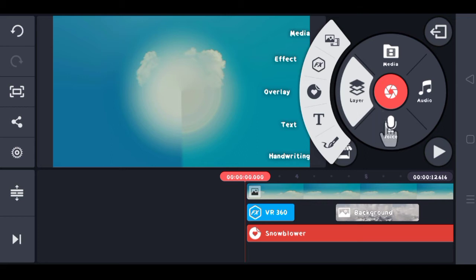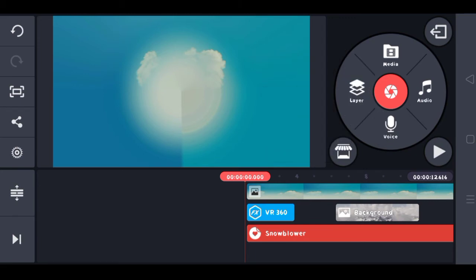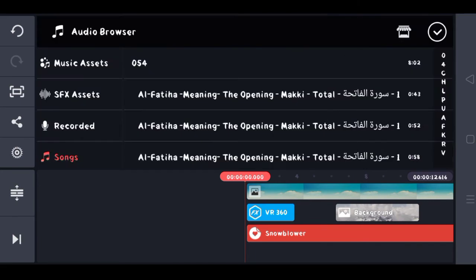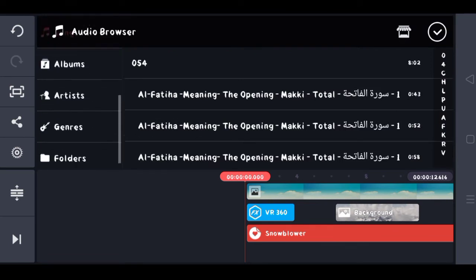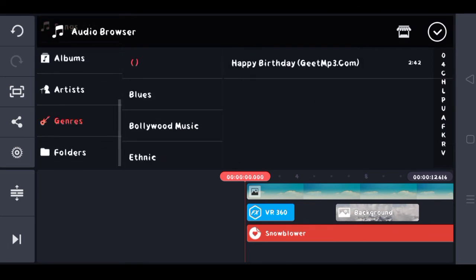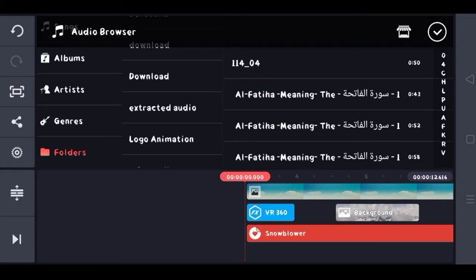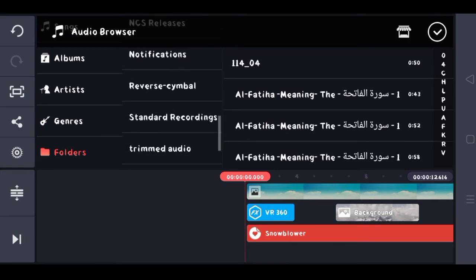Here you can put your voice at any part of the video. Now by clicking on the audio button, here we can add different audios of your choice. I will select